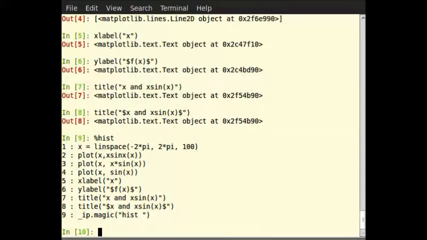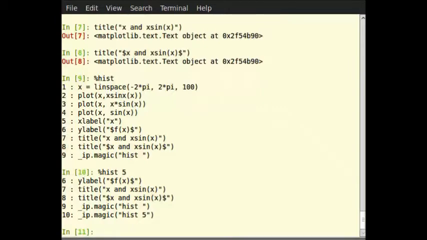We should note that anything we type in is stored as history, irrespective of whether it is a command or an error or IPython magic command. If we want only the recent 5 commands to be displayed, we pass the number as an argument to the %hist command. Hence, %hist 5 displays the recent 5 commands inclusive of the %hist command that we gave. The default number is 40. So to try that, we can type on the terminal %hist space 5 and hit enter.